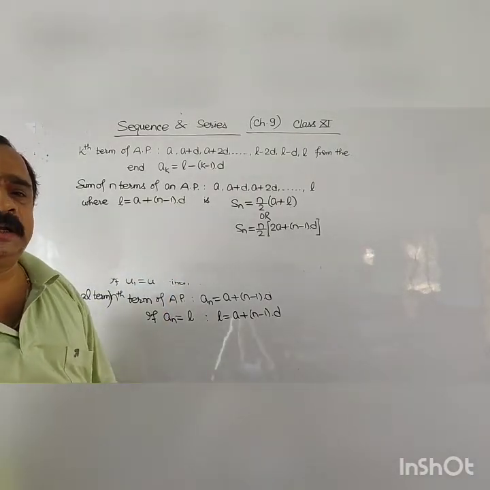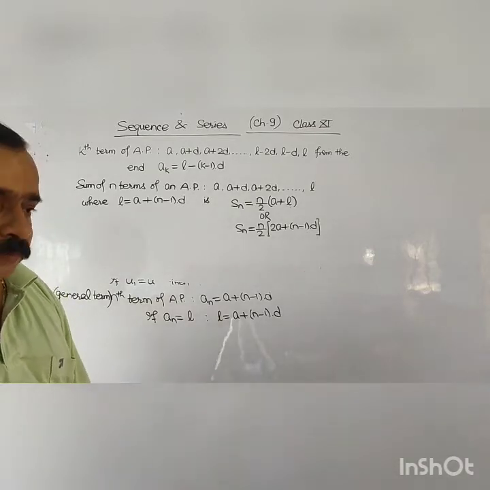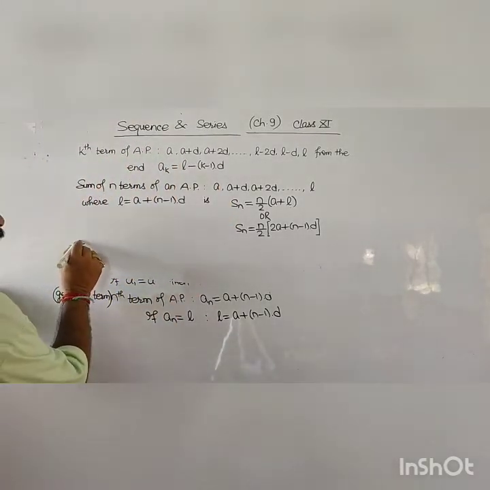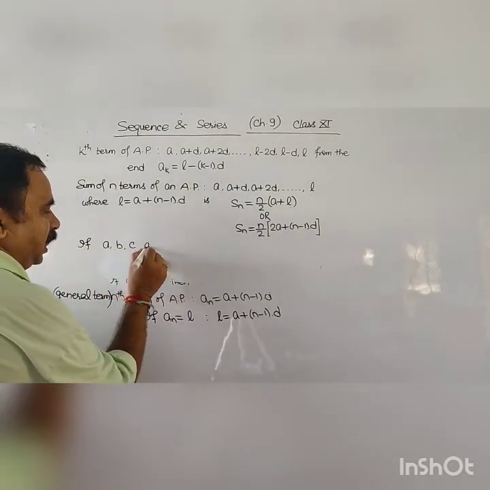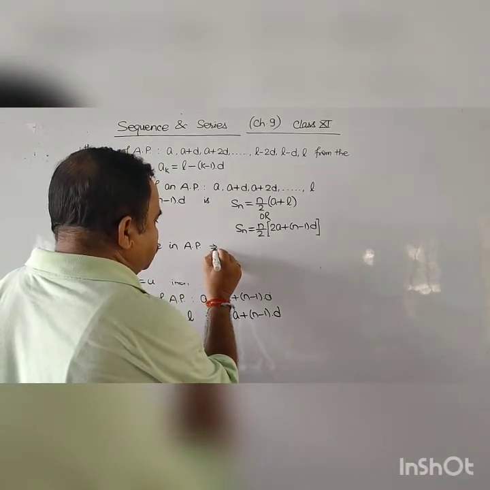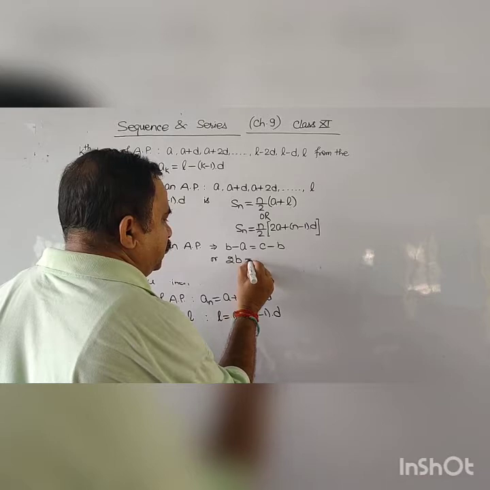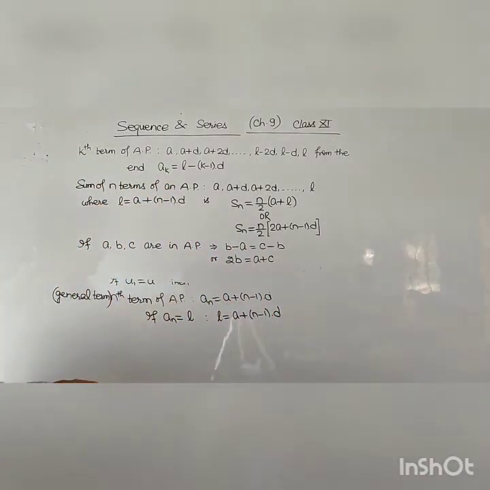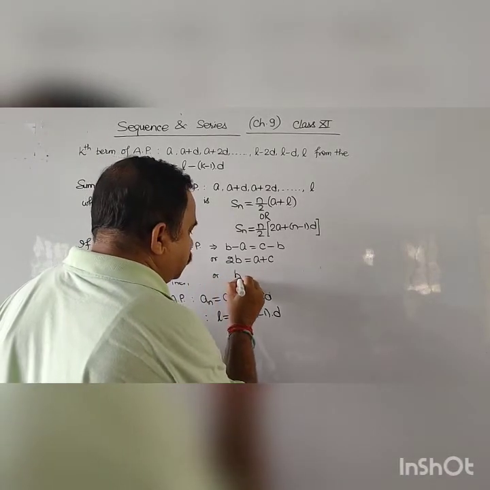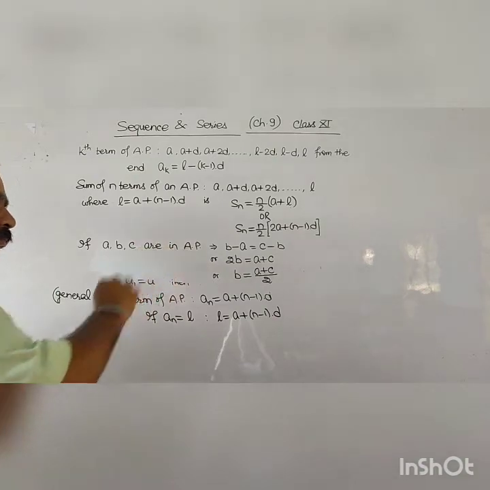ये फार्मूला सम ऑफ n टर्म्स का है, ये भी हम लोग लास्ट ईयर यानी क्लास 10th में पढ़ चुके हैं। फिर क्लास 10th में हम लोग एक बात और पढ़े हैं, if A, B, C are in AP, अगर तीन नंबर AP में है, this implies second term minus first equal third minus second, या twice of B is A plus C. Twice the middle is sum of the extremes. या B is A plus C by 2. ये भी हम लोग क्लास 10th में पढ़ चुके हैं।